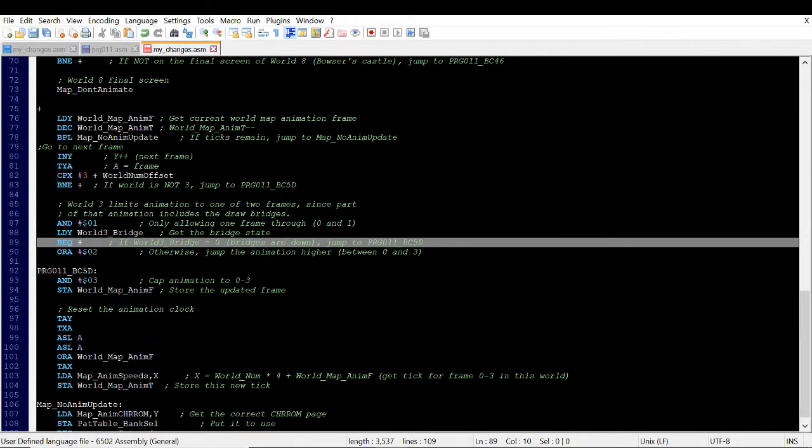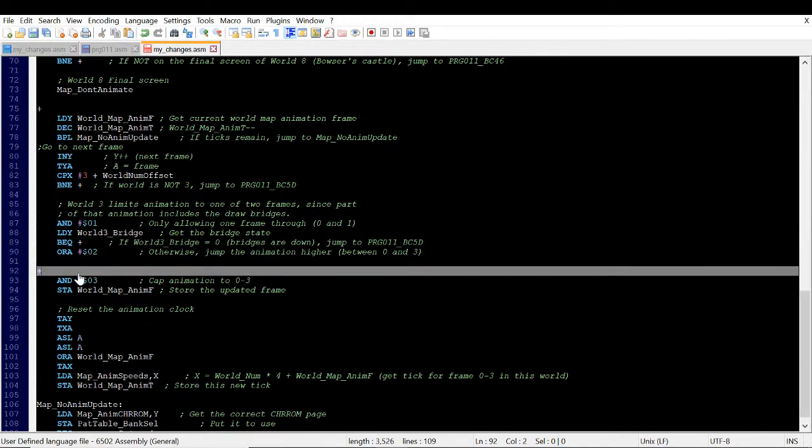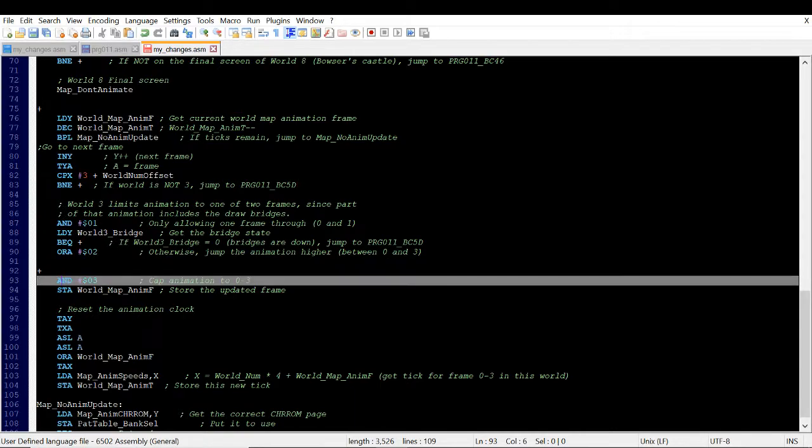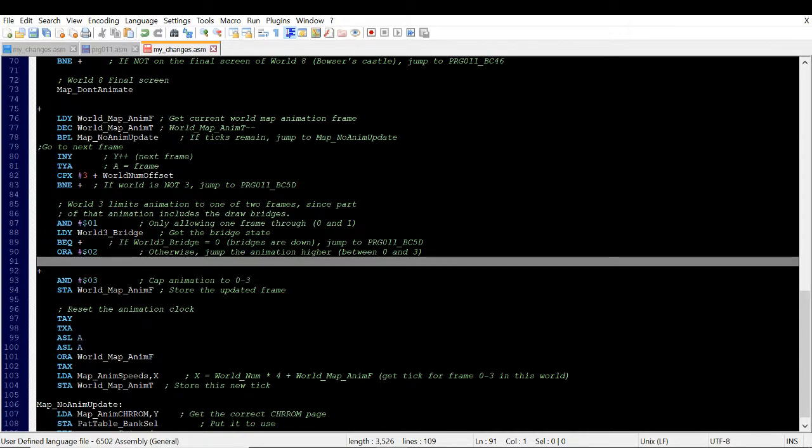So let's just get rid of this. So basically, if it's not world 3, we go all the way down here to some other code. Then if it's world 3, we're going to